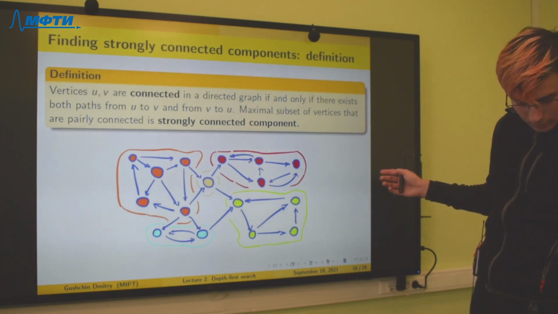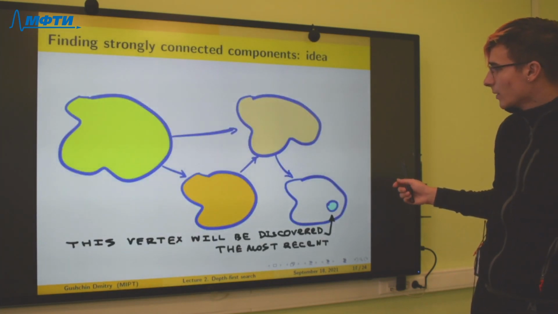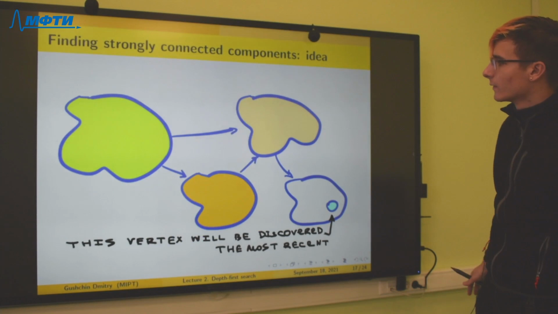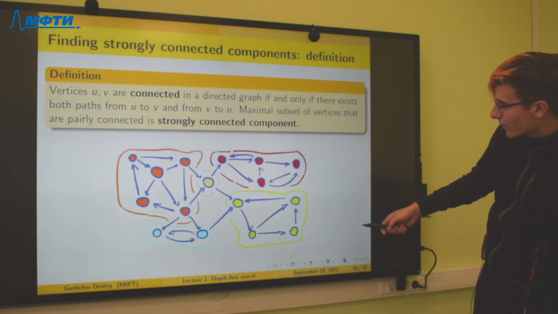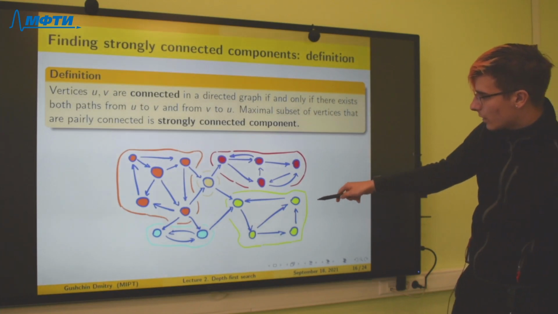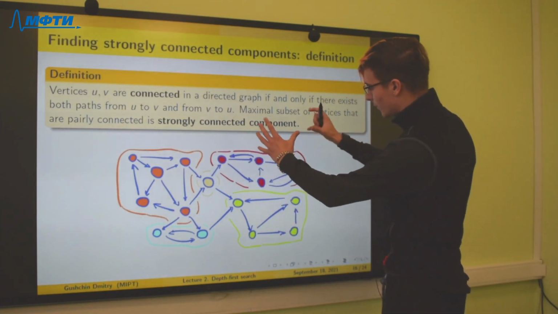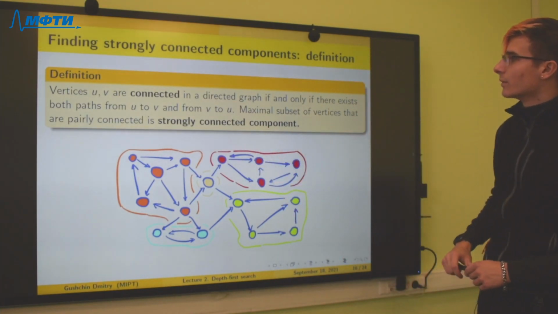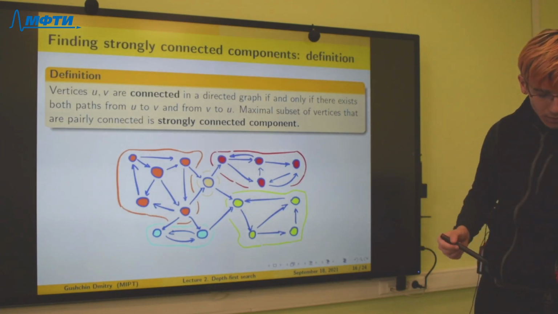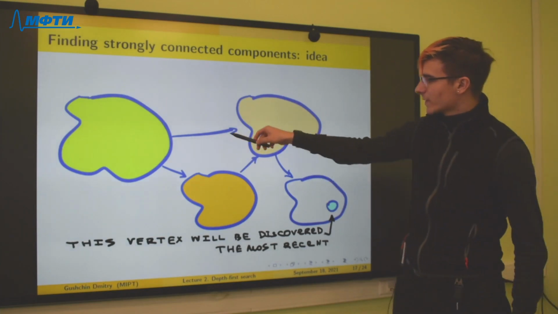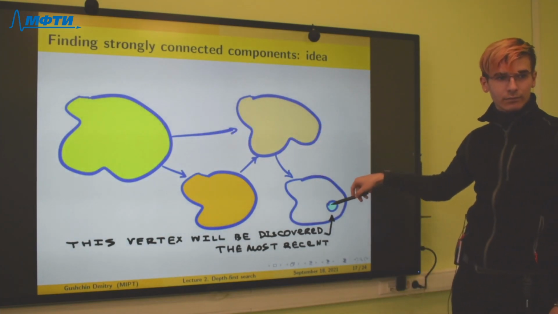So, about finding these connected components. As we can see on the previous slide, if we draw each connected component as one vertex, we see a directed acyclic graph.